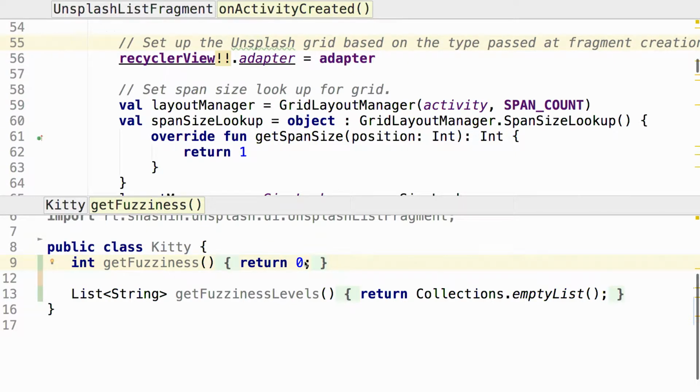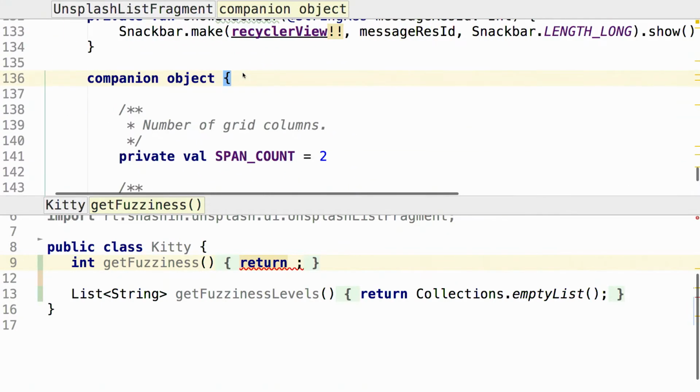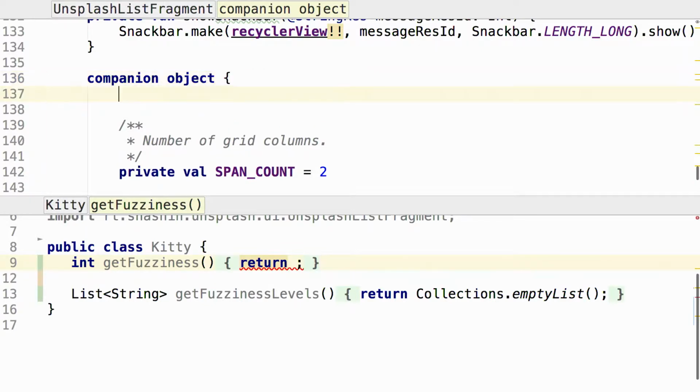I named it. It had nothing to do with the actual application. She went with like animals. I was like, okay, kitties. So say I wanted to... Let me go back to my companion object, and let me add a new... We use opposite styles of scrolling, and she uses Vim and I don't, so I apologize. We're kind of all